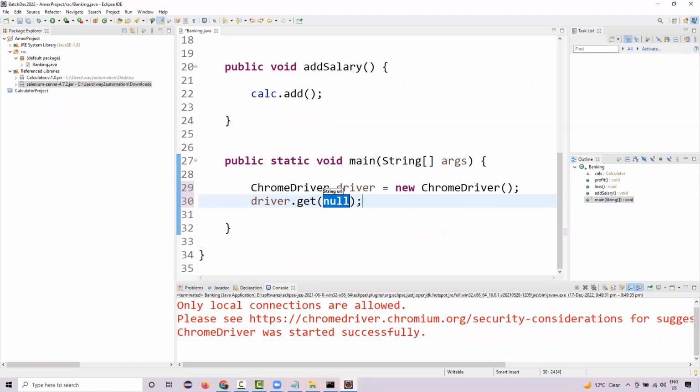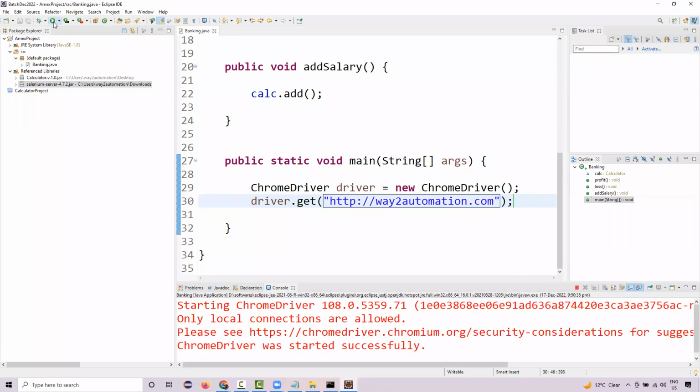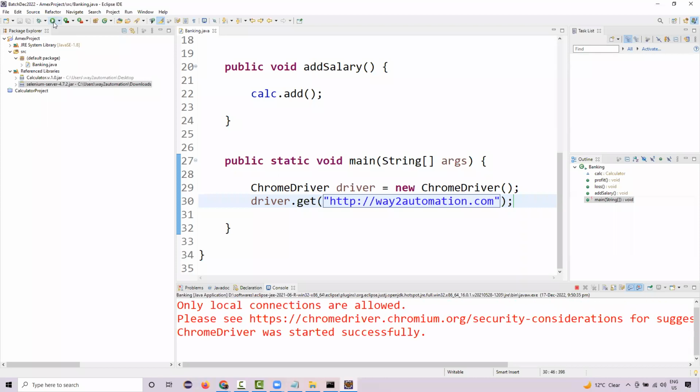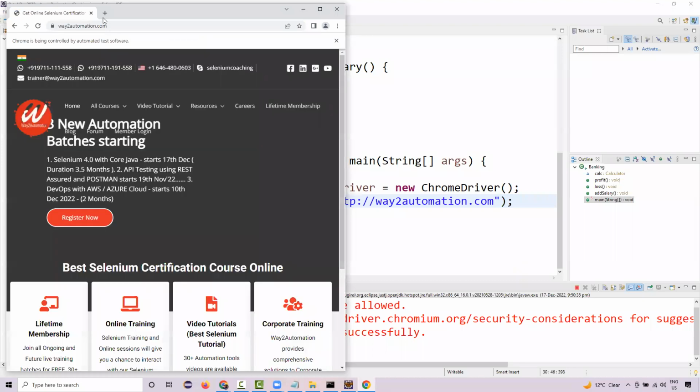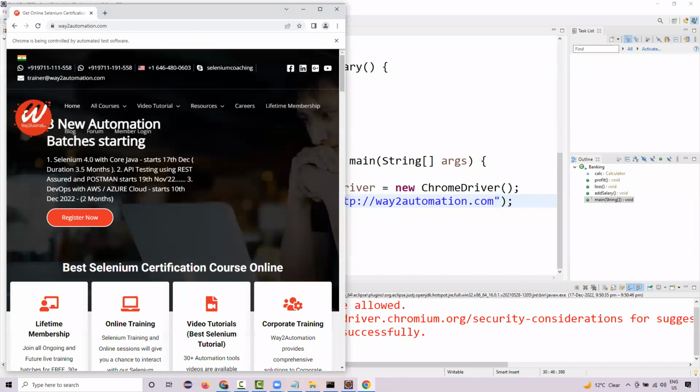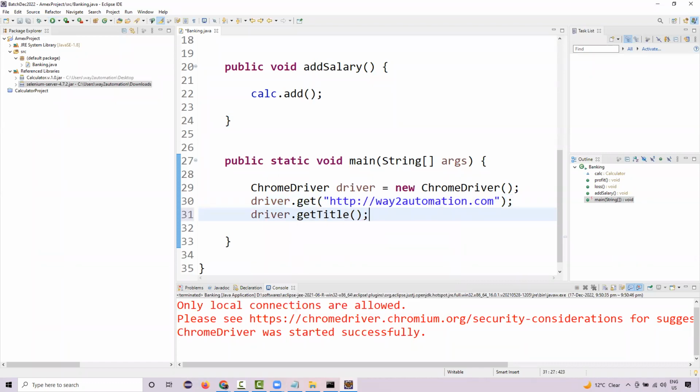So I'm going to give the URL http waytoautomation.com. That's it. And if I click on run, it is going to launch the browser and navigate to waytoautomation.com. See? Now, if I want to print the title, how to get the title? Simple method, driver.getTitle. This is going to return the title, but it is not going to print it